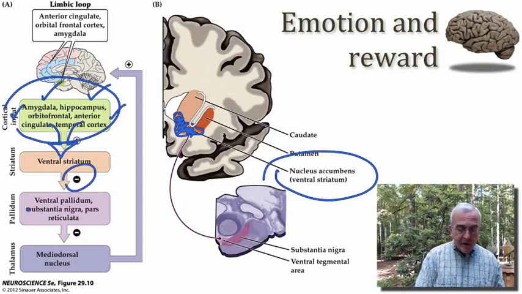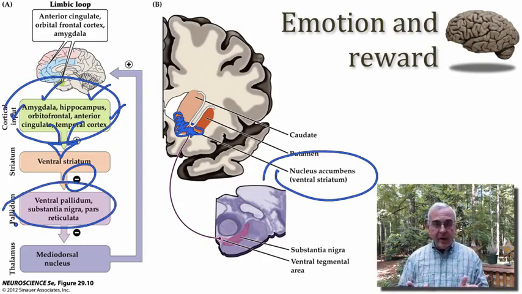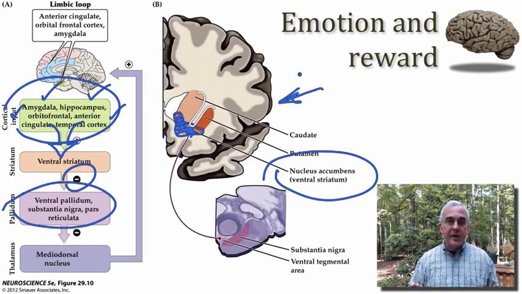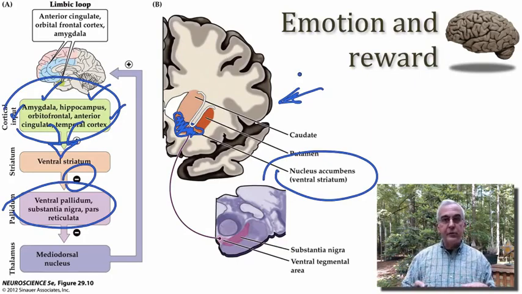And the pallidum that we have in mind with our ventral limbic loop is called the ventral pallidum, as well as the reticulata component of the substantia nigra. So the ventral pallidum is a region just behind this section. We can't see it in this view, but it's a region posterior to the nucleus accumbens, but inferior to the globus pallidus. So it's a much looser, organized, reticulated network of pallidal neurons.